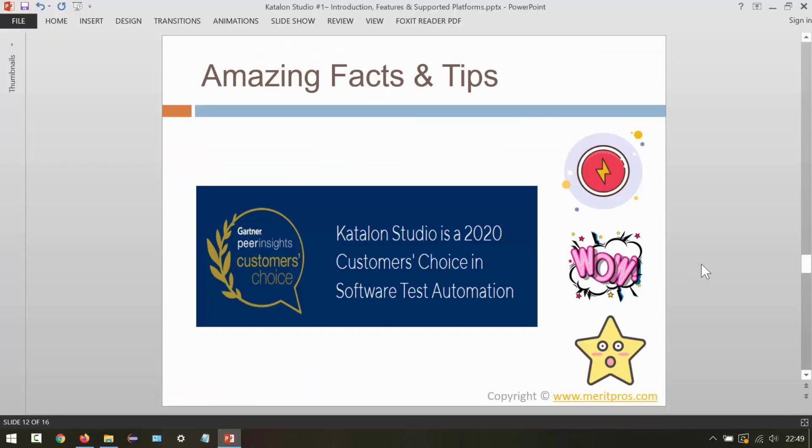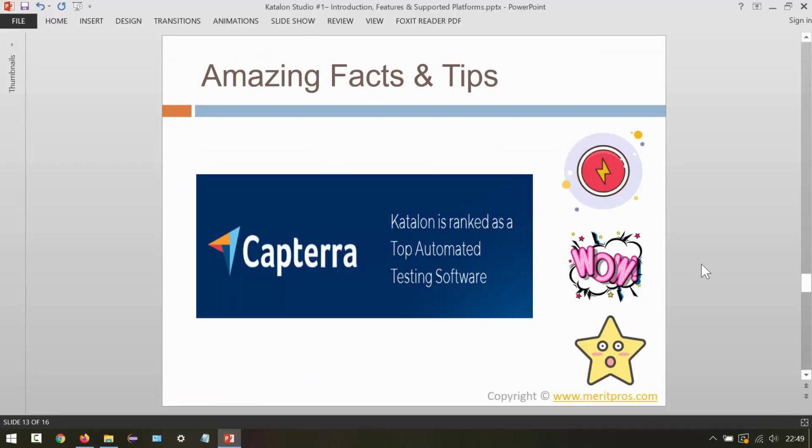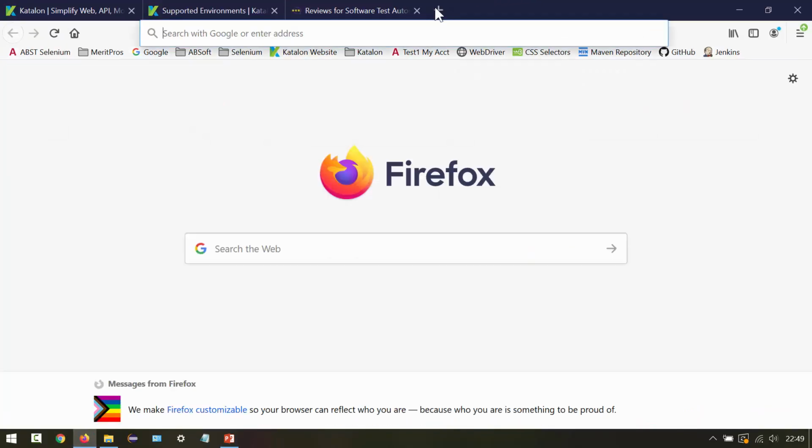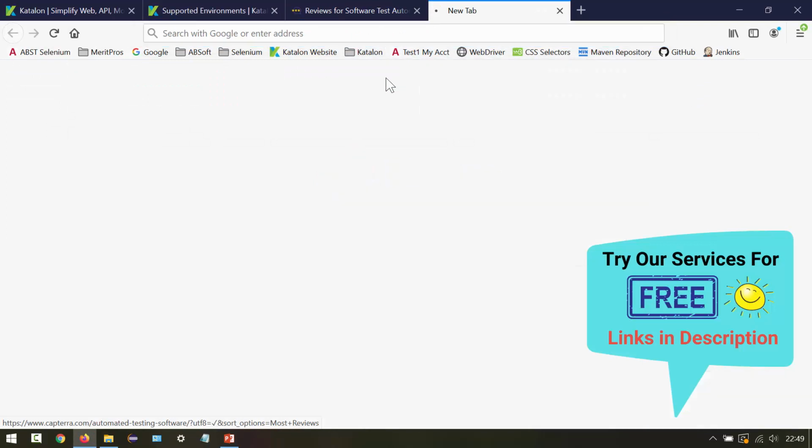And then going further, even on the Capterra website, Katalon is ranked as the number 1 test automation software. So let me go to the Capterra website. So this is the link.